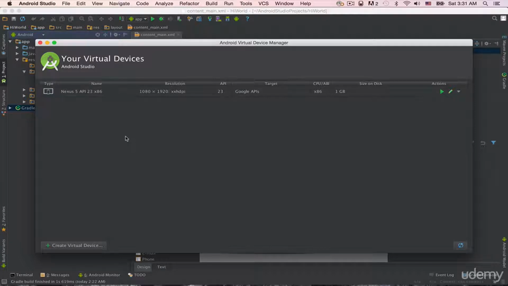Okay, as you can see, I have a default AVD installed in my Android Studio. The reason I have it installed is because when I was installing Android Studio, I checked the option for downloading the system image and installing the AVD, or Android Virtual Device, for me. But if you have any problem with the default AVD, you can create a custom virtual